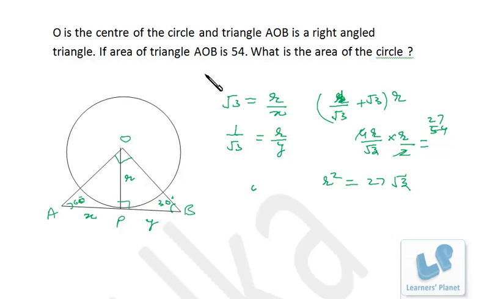Okay, we want the area of this circle, so that is actually pi r square. So 27 root 3 pi, that will be the area of this circle. Now depends upon the option, whether options are given in this pattern or maybe expanded form or whatever. According to that you need to choose. Okay, precisely the concept I have discussed over here.